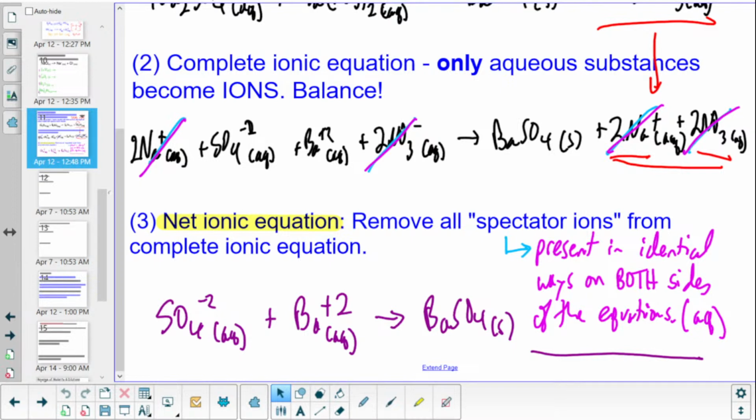Okay, and now we have soluble, and SO4 which was